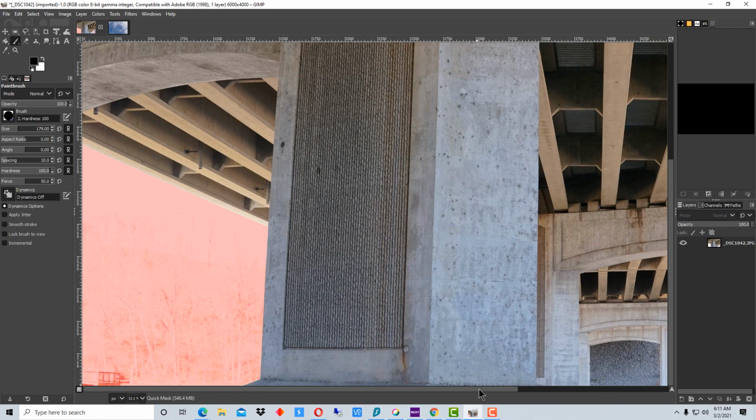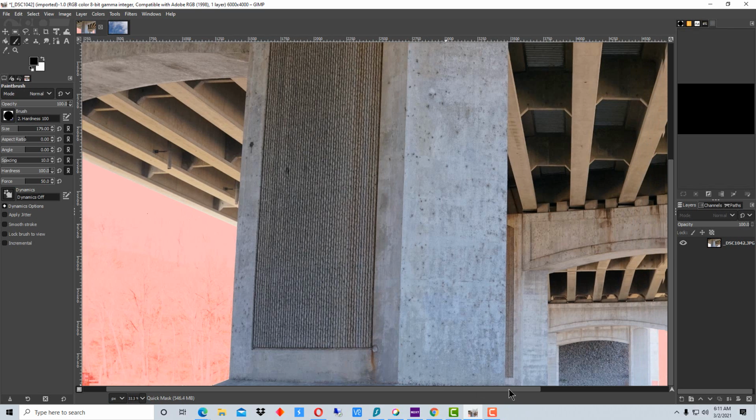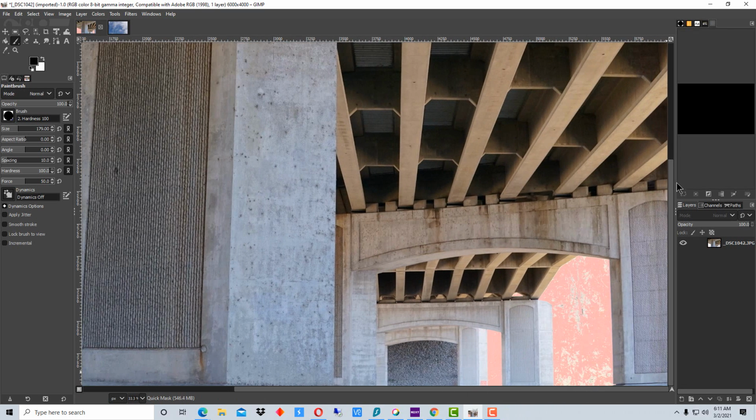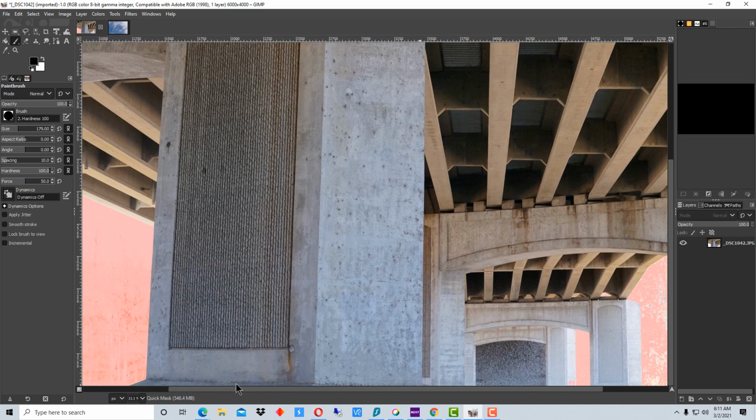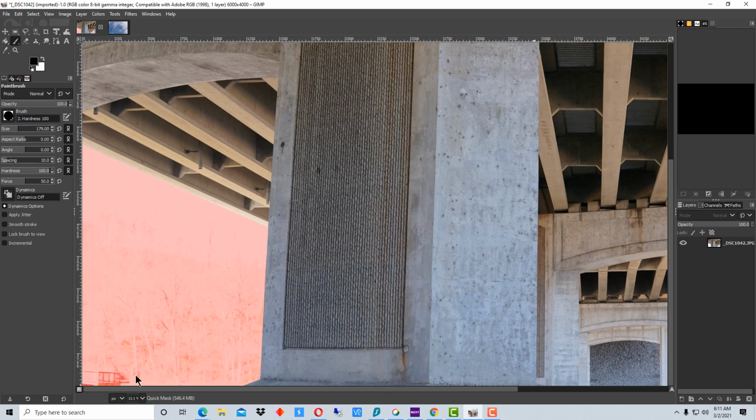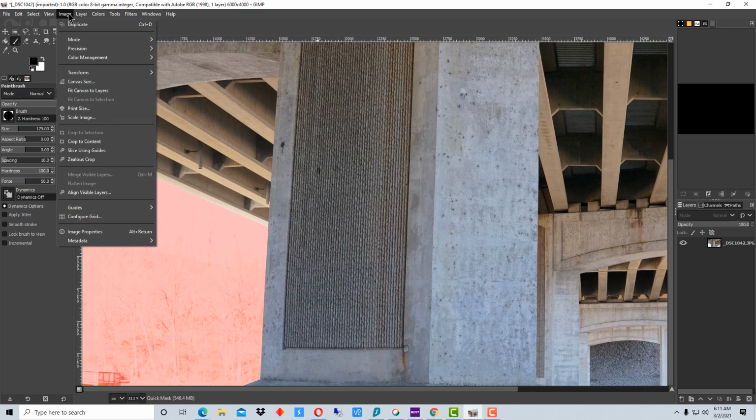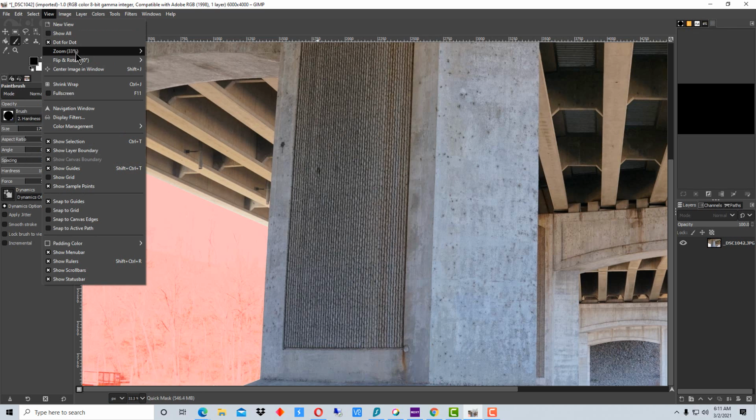All right, so I'm not going to do a perfect job on this because I'm just showing you the basic method to the madness here. So I'm not even going to bother to do this. We could do the same thing over here under these, but this will actually show you a mask that needs some work at the same time. So let's go back down and take the image or the view